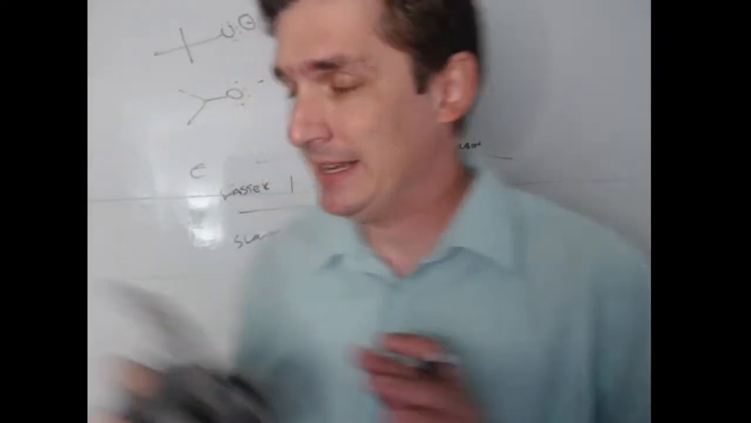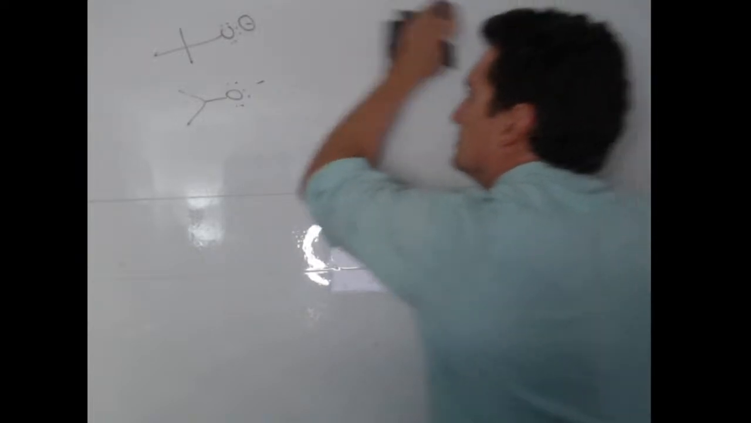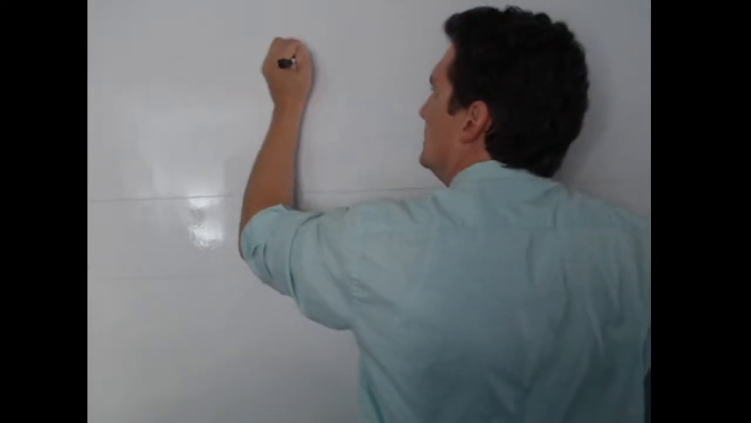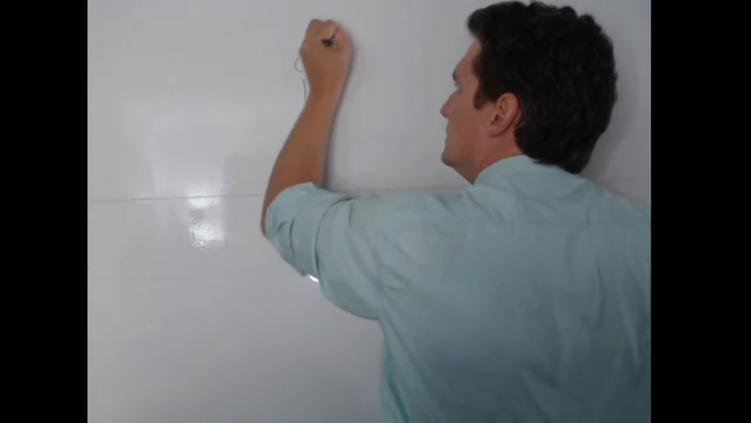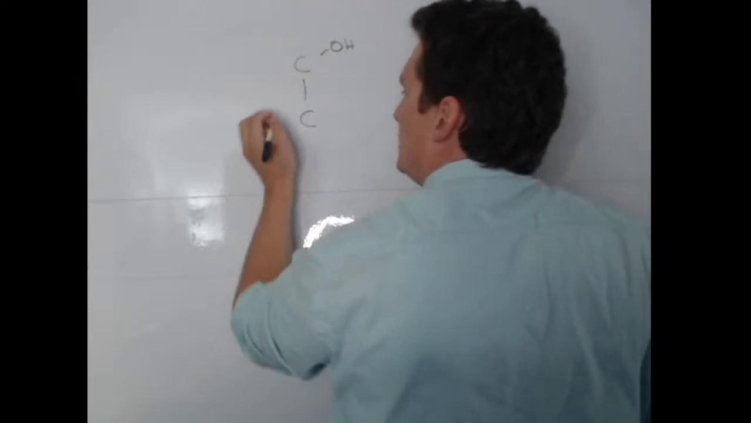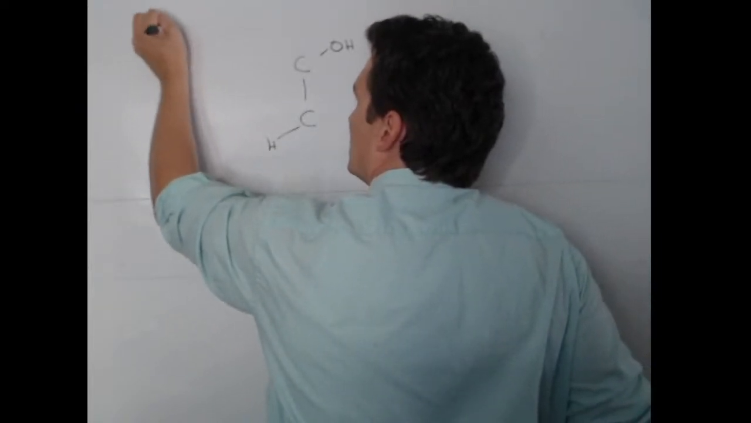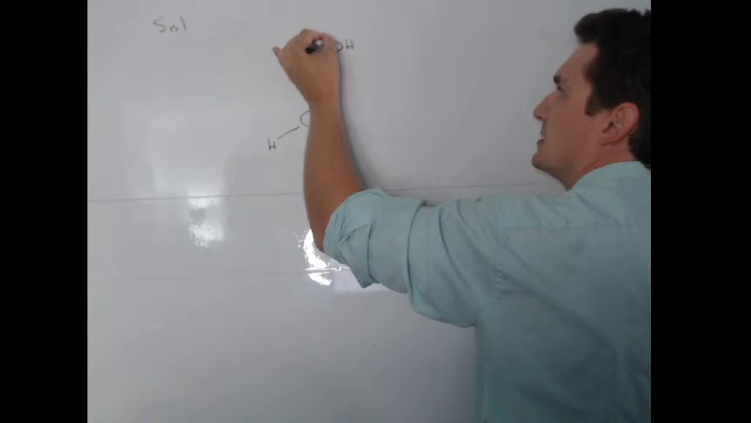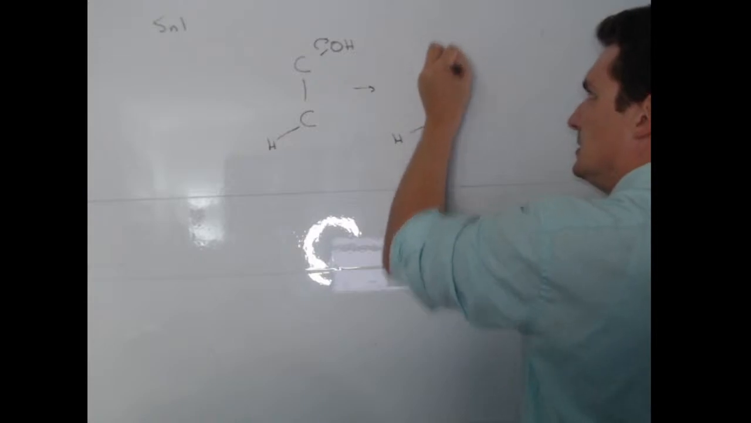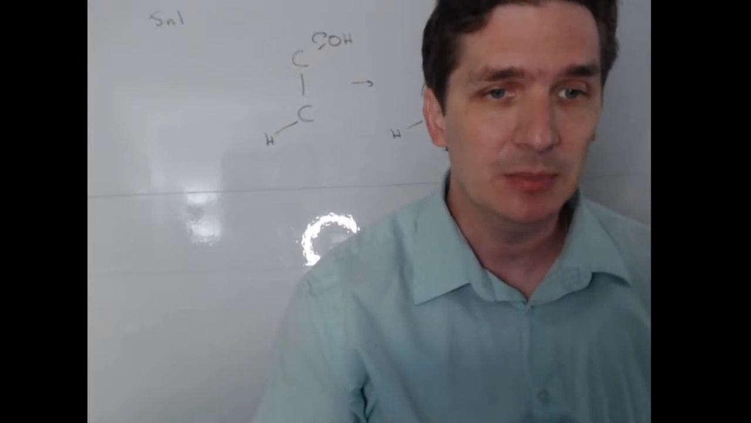Now, in terms of the actual mechanisms themselves, let's have an alcohol and we need a hydrogen beside it. If we were doing an SN1 pathway, what's going to happen is that we have to break this carbon-oxygen bond to give us a carbocation. Now, if this is a primary carbocation, it's not likely to do much. And because it's not likely to do much,